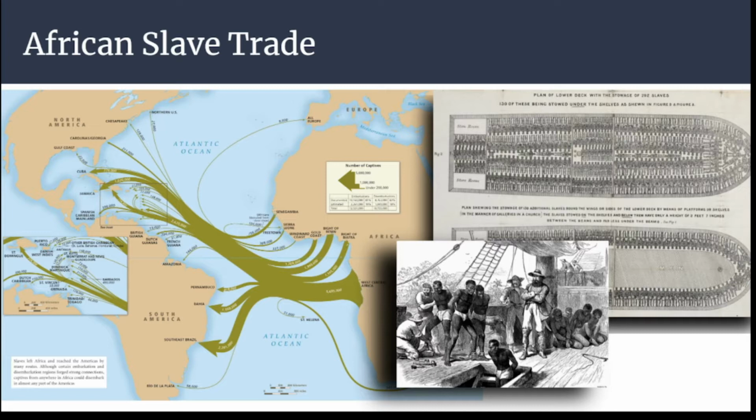And as a result of this, soon the slave trade will expand as the Spanish move across the Atlantic and into the Americas. According to Philip Curtin's The African Slave Trade, approximately 10 million souls crossed the Atlantic as slaves. Most of these unfortunates made their way to Portuguese colonies, about 39% of them, or 38.5%. The West Indies became the home to about 18% of these slaves, and the Spanish Empire, about 17.5%. A total of